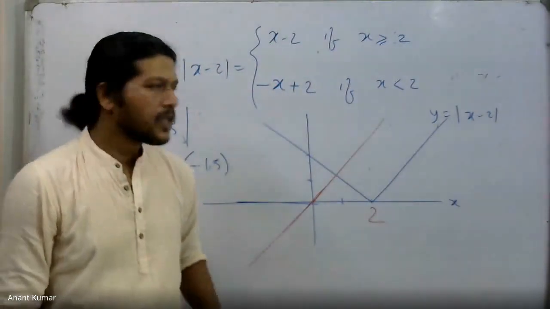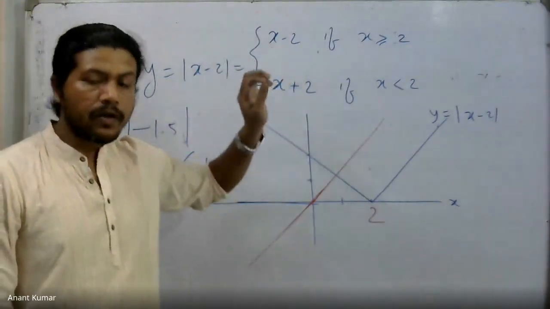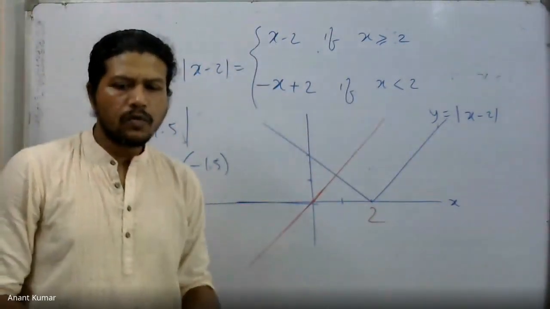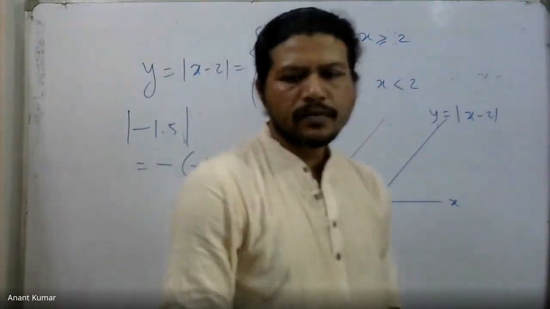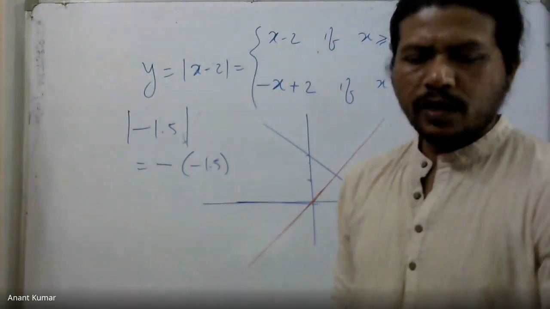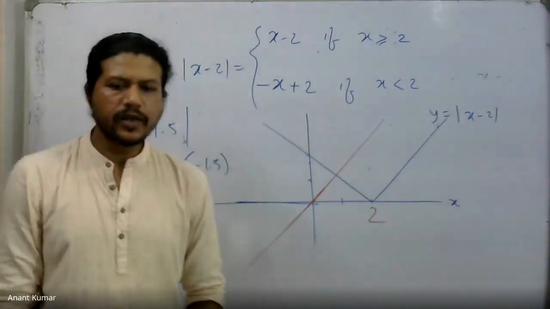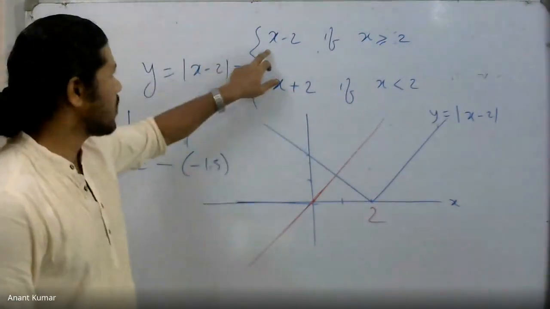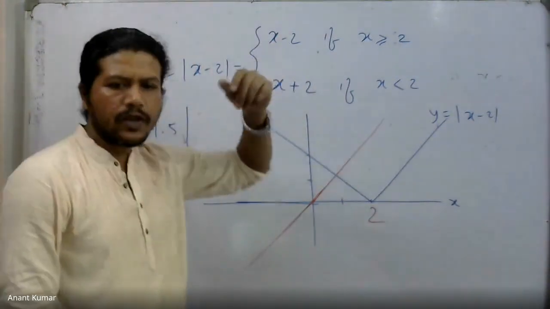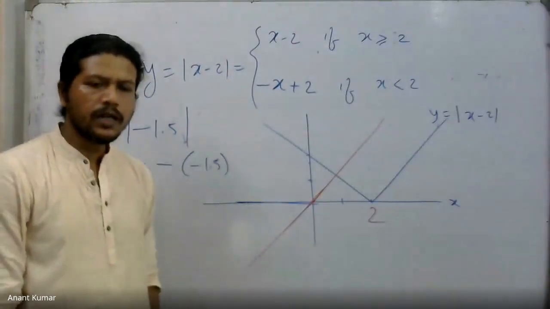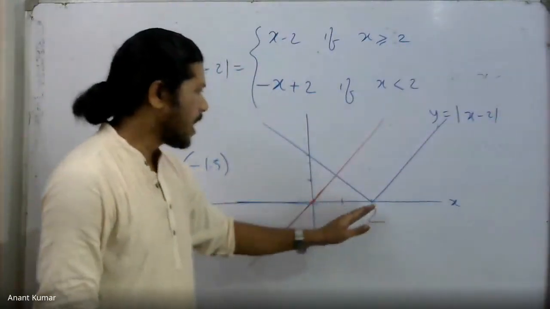In fact, I just find only 2 points, and we join those 2 points, and that is the required graph. Okay, so y equal to x minus 2 I considered. You can just compare it with the equation which we know, y equal to mx plus c. I hope you have read about it, by the way. I think in class 10 there was a linear equations chapter where we had the equation of a straight line, y equal to mx plus c. So in this case, y equal to x minus 2, m is 1, a constant number, and c is minus 2. Therefore, this is a straight line having a slope of 1 and intercept of minus 2.